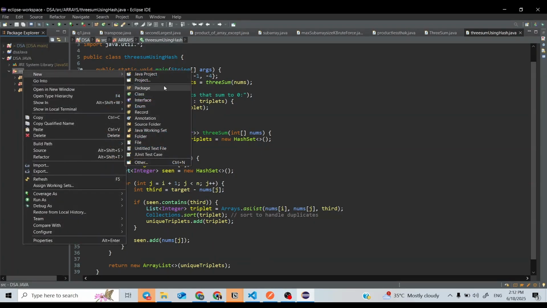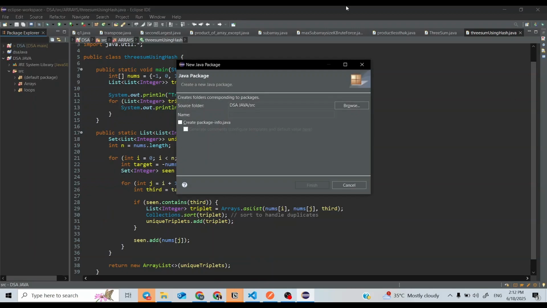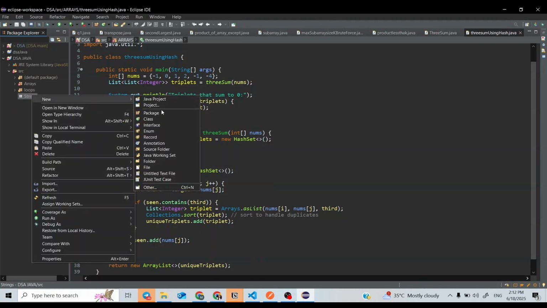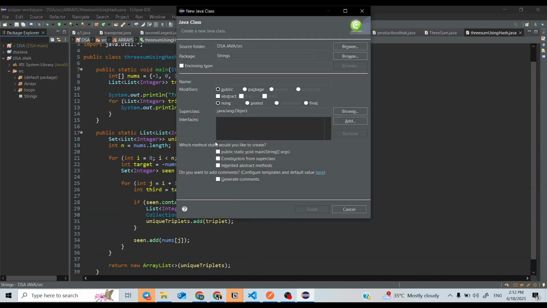So come to Eclipse now, and I will make one new package. Name it strings. Inside it I will make one class. You can't name this class String because String is a reserved keyword. You can't reuse a reserved keyword anywhere else.